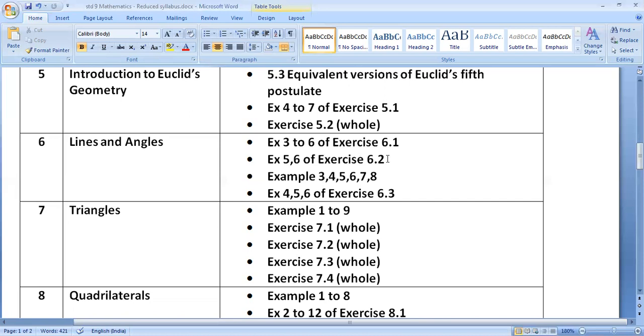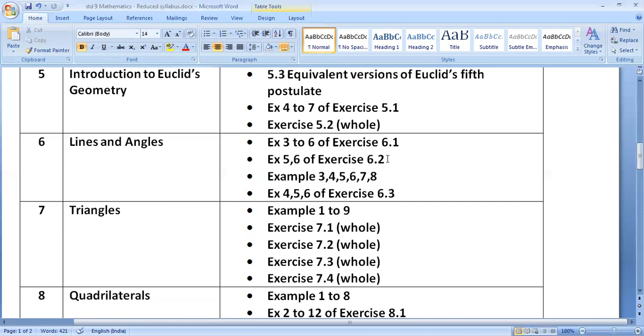Let's come on page number 105. 6.7, angle sum property of the triangle, in which theorem 6.7 says the sum of the angles of a triangle is 180. Most important theorem, you have to prepare along with its proof. You should see the proof on my channel. I have already given detail of this theorem.